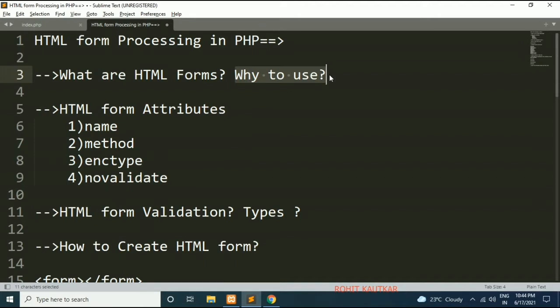For example, you want to allow your user to enter your system based on his username and password. So how will you collect his username and password? You can present him a login form. There will be two text boxes: first for username, second for password. User will fill out his data and submit it. The collected data will be sent to the server for further processing, and on the server you can validate his username and password, and if it is valid, you may allow him to enter your system. So this is the simplest example.